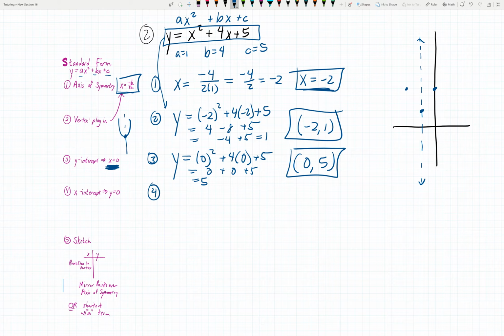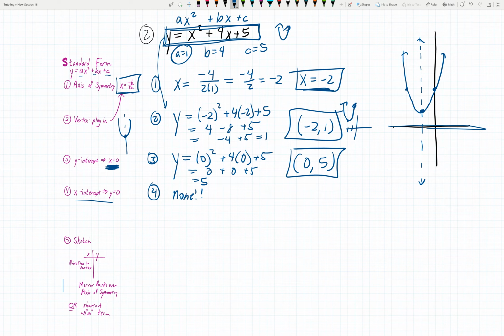If you've already got this sketch going and they ask you for the x-intercept, you can see that it's never going to cross this. My parabola is opening up, right? So right now, I can see that there are none. As soon as you've got that vertex and you know which direction it's opening, because the a was positive, it was a positive x squared in the beginning, I know my parabola is opening up. I know it's never going to cross that x-axis. So if you've got this sketch going, you don't have to do any work. You can just say no